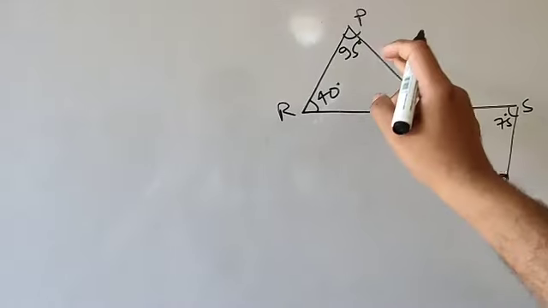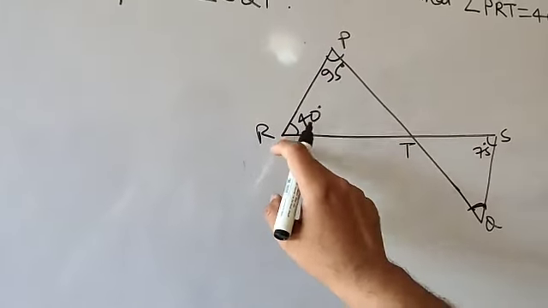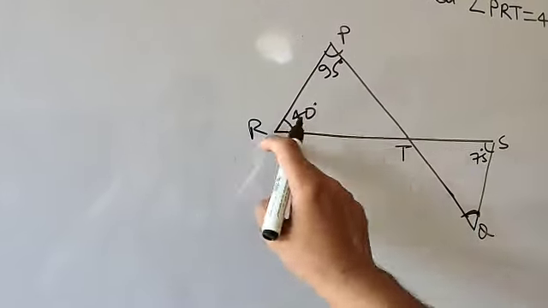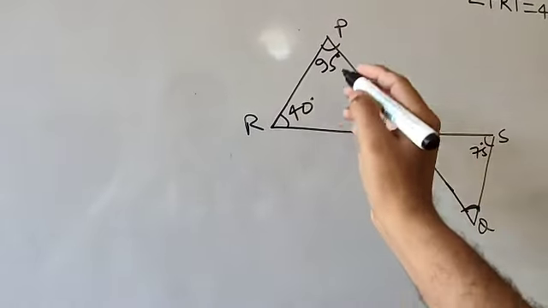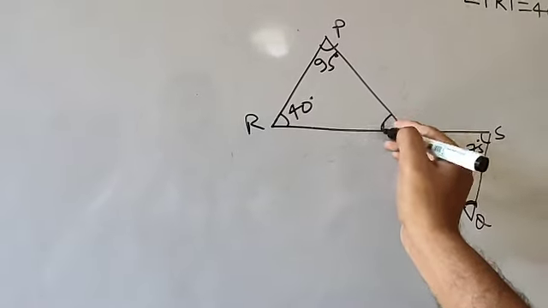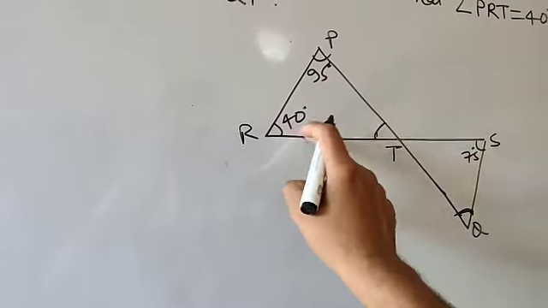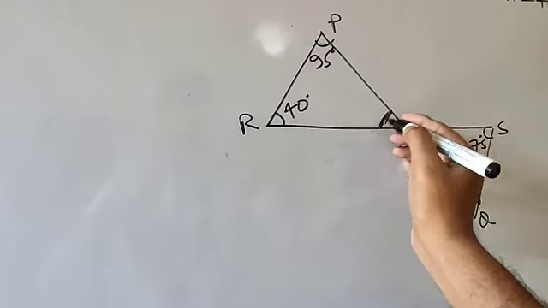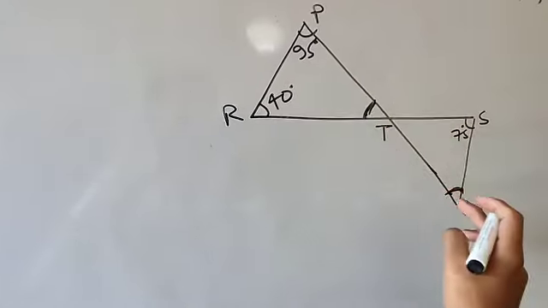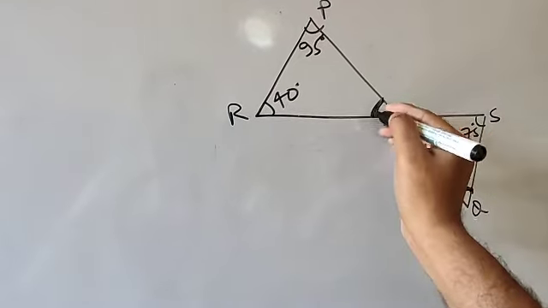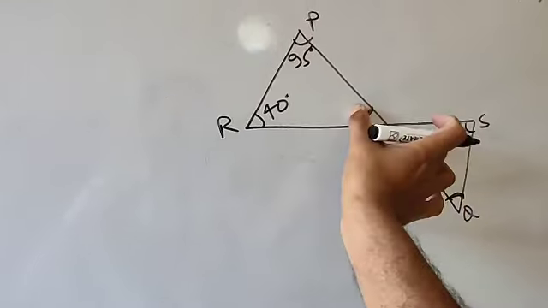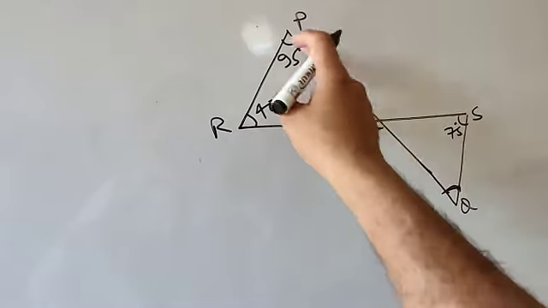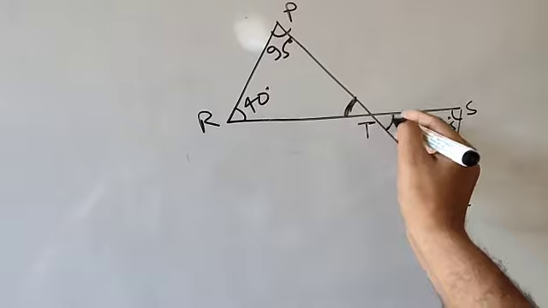So students, first you need to go for the triangle RPT. In the triangle RPT, angle R plus angle P plus angle RTP equal to 180 degree. If you add these three angles, the sum will be 180 degree by angle sum property of the triangle, then you will get this angle. And here angle RTP equal to angle QTS. These two angles will be equal. What is the reason? Vertically opposite angles. So angle RTP equal to angle QTS, then you will get this angle.